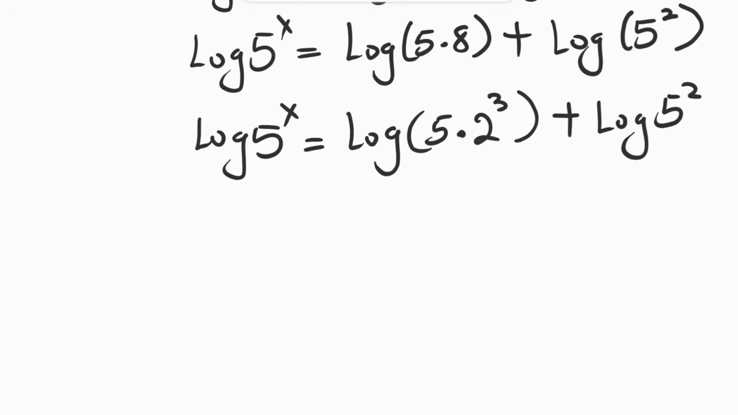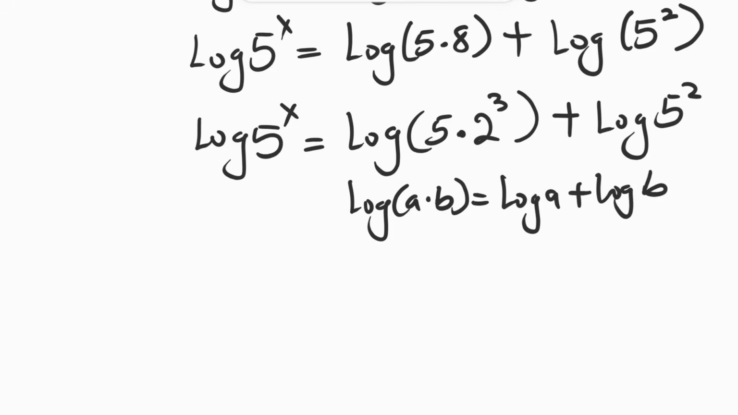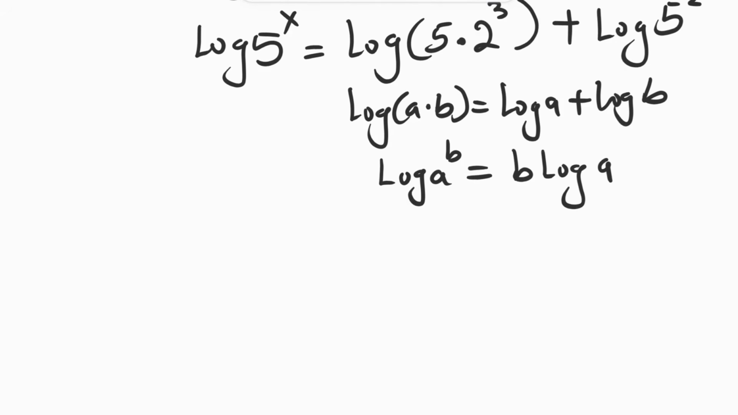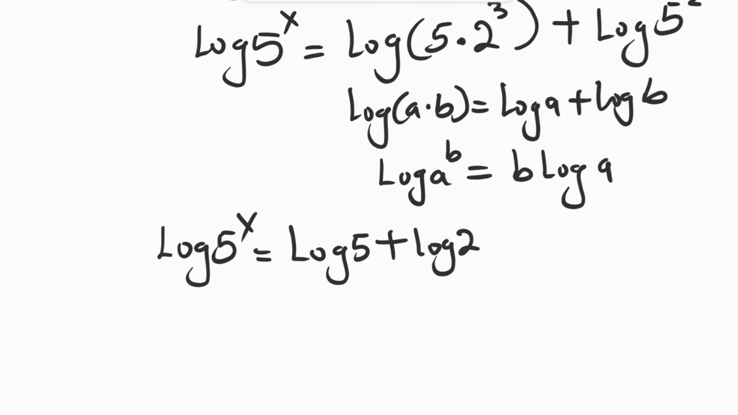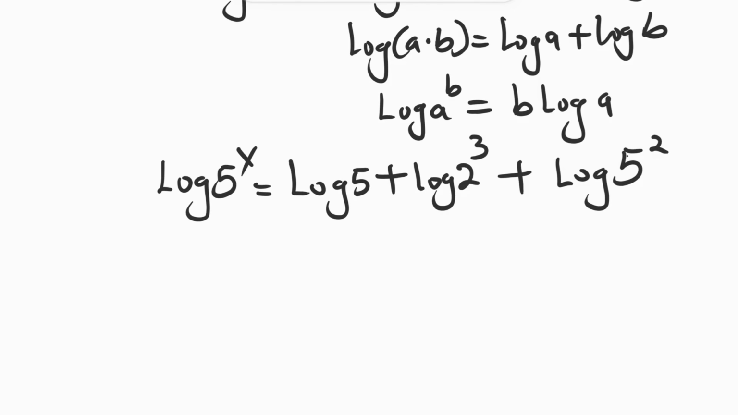So we have different log rules going on here. We have that log of a times b, like we did earlier, is the same thing as log of a plus log of b. And we have that log of a raised to the power b is equal to b log of a. So therefore we have log of 5 raised to the power x equals log of 5 plus log of 2 raised to the power 3 plus log of 5 raised to the power 2,